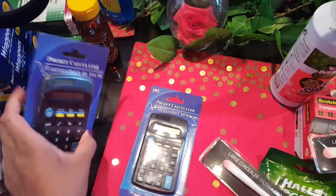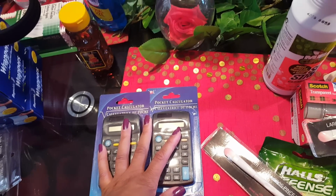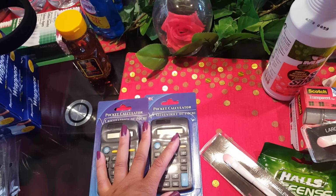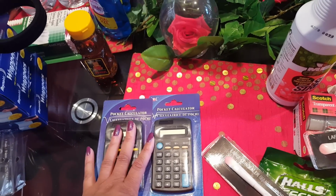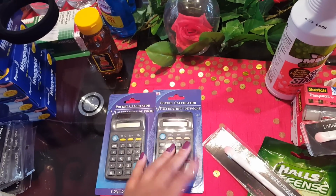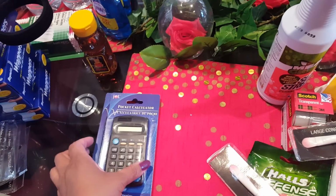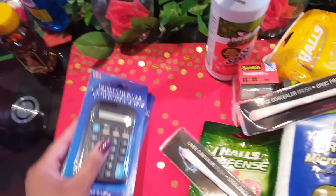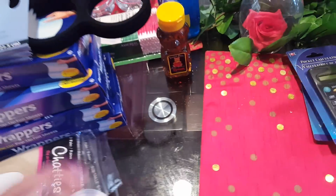Picked up these dollar calculators. I know my cell phone has a calculator on it, but when you're using that during the middle of the day, that will kill your battery. So I will drop one of these in my purse and throw the other one on my desk, because I can't find where the other one is. I don't know whether I took it at work and somebody took it off my desk or what. But anyway,